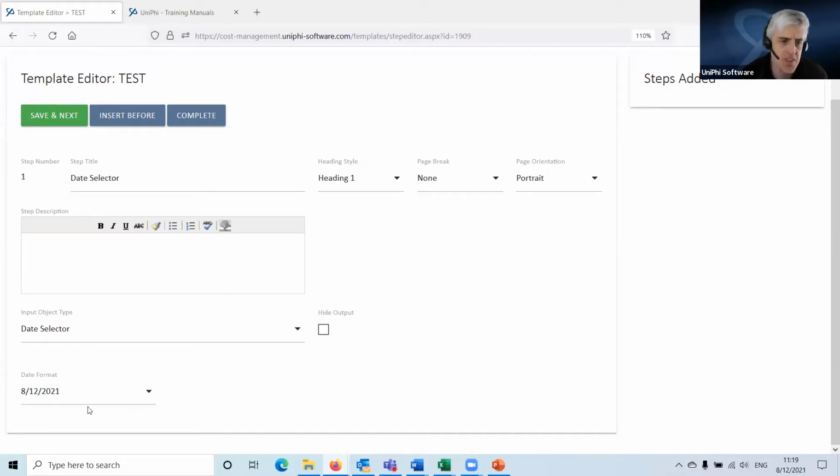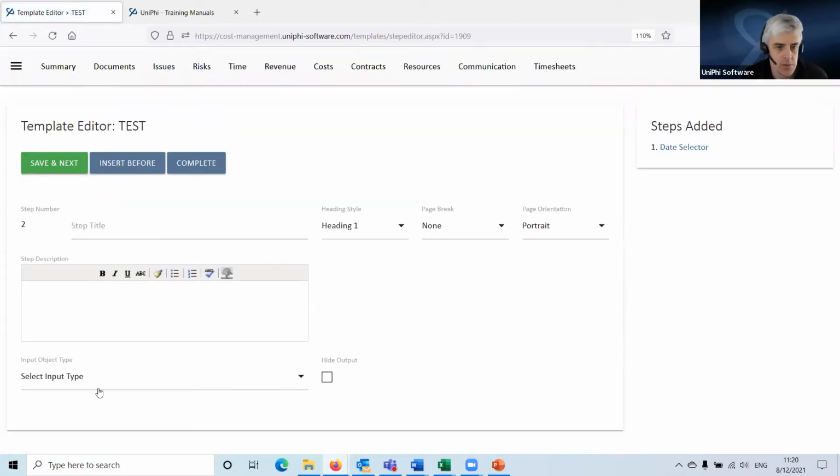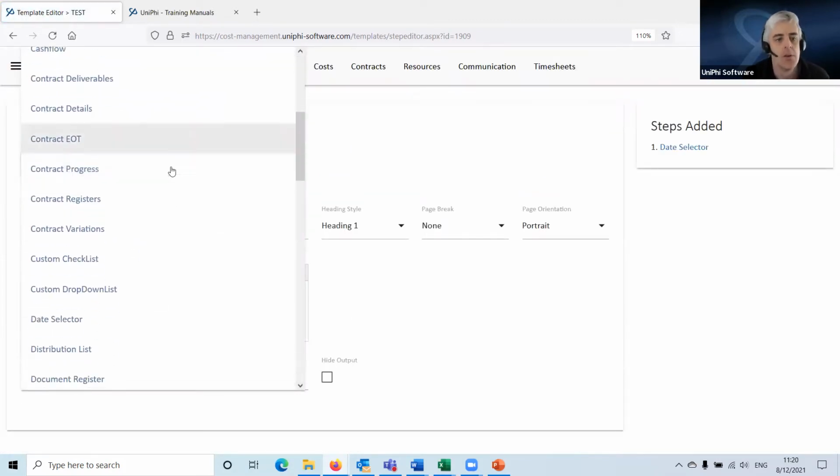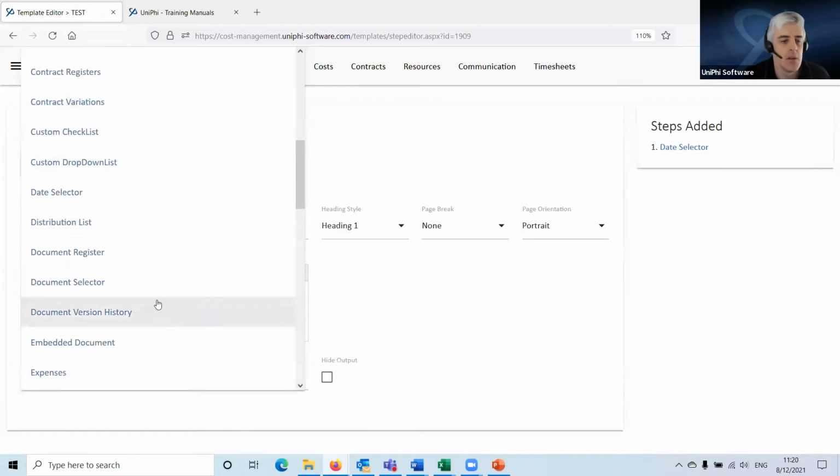So this date selector here allows the user who's creating this document to select a date, as it says. So it's an input type of template controls where you're asking the user to input some data. Another example of an input type is